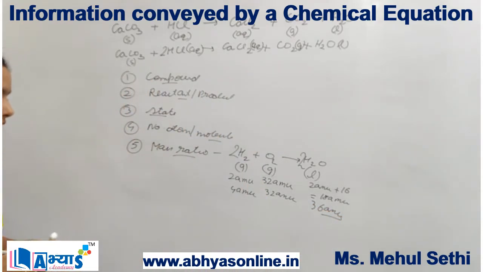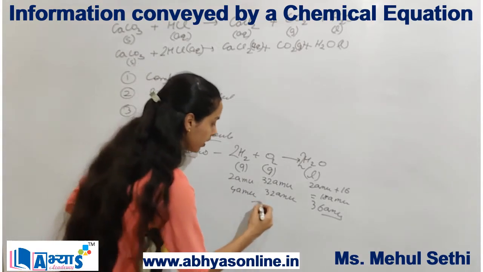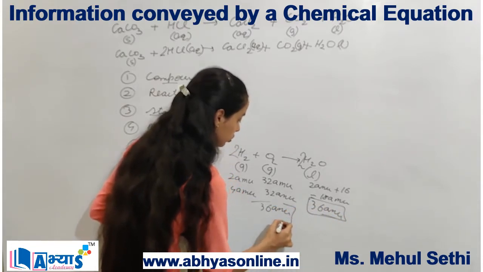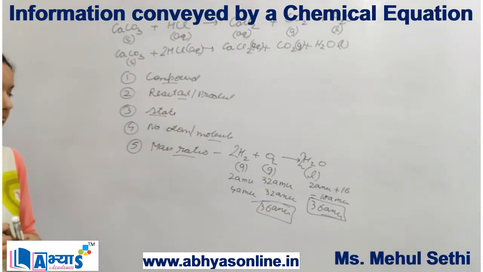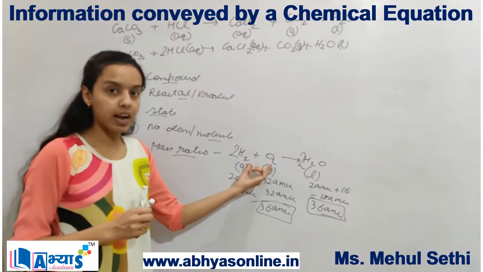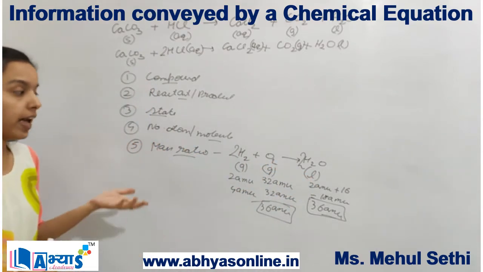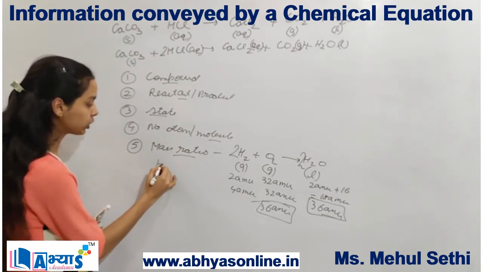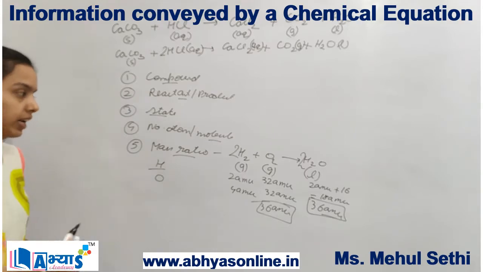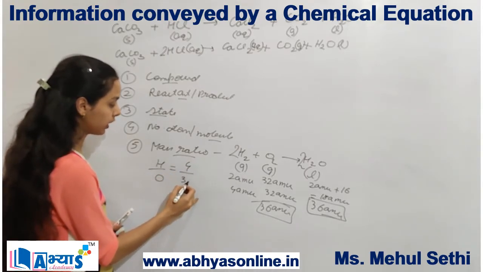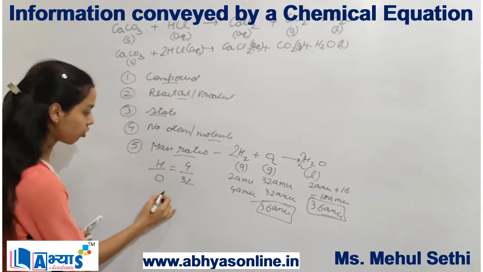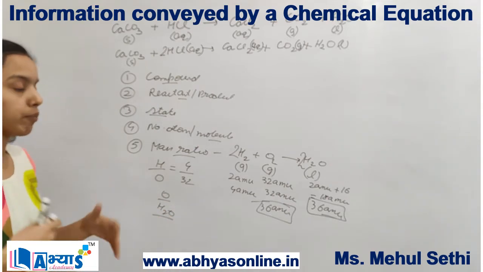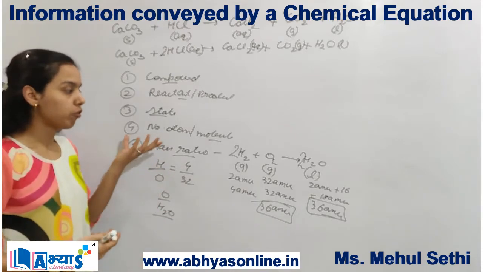Now as you can see, the total mass here is also 36 atomic mass units and in the product it is also the same. So we can see that in a chemical reaction, the mass of the reactants is the same as the mass of the products, and we can get the ratio of the different masses. For example, mass of hydrogen upon mass of oxygen, we can directly get 4 upon 32. Similarly, I can get the mass of oxygen upon the mass of water. So clearly we can get the different types of ratios or masses of all the reactants and all the products.